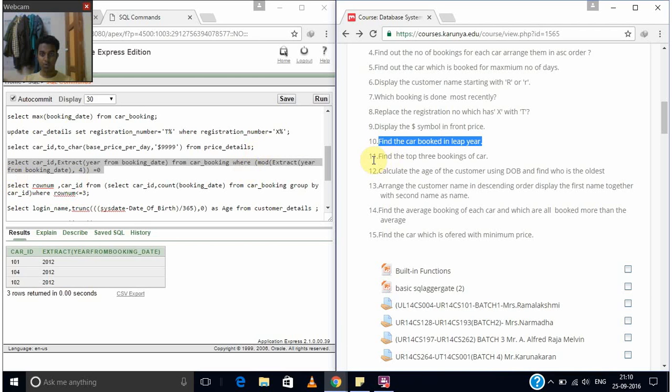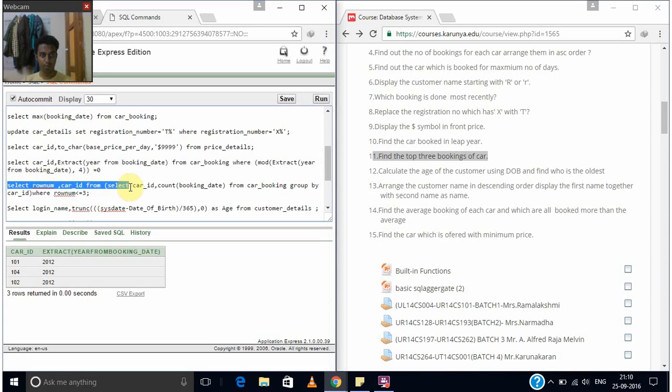Find the top 3 bookings of car. For this I'll be using the ROWNUM. And I've set the ROWNUM, the maximum value. So for this I have select ROWNUM, car ID from select car ID,